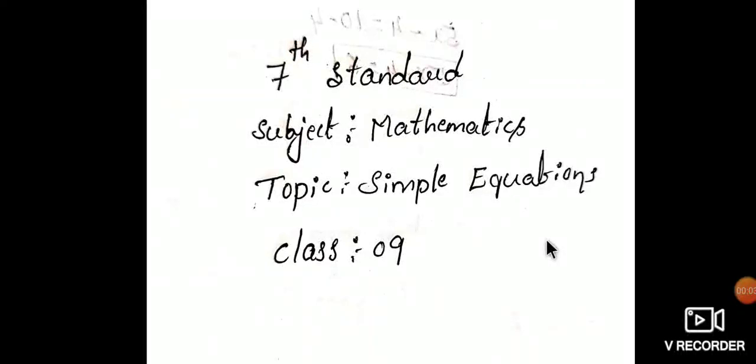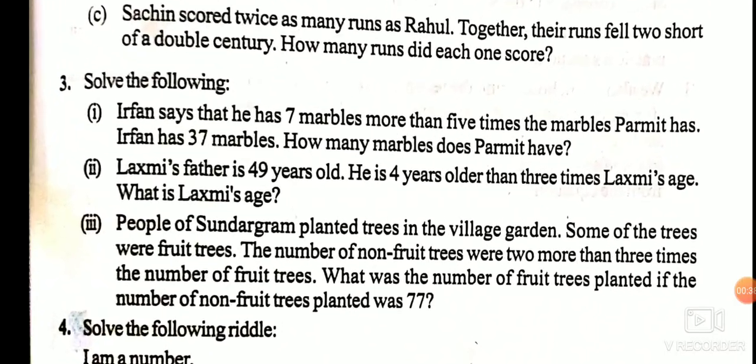Good morning, dear students. In your previous class, in exercise 4.4, we solved the first main four questions. What does the first main mean? Set up equations and solve them to find the unknown numbers in the following cases. We solved four examples and also five examples, and the remaining two are given as homework for you. Today we shall move on to the next one, that is the second one.